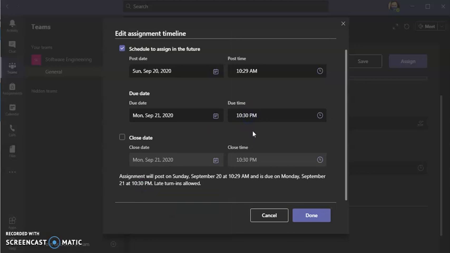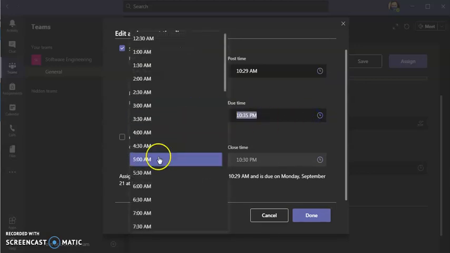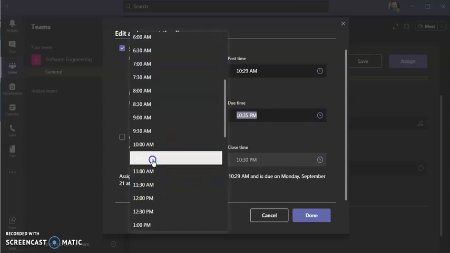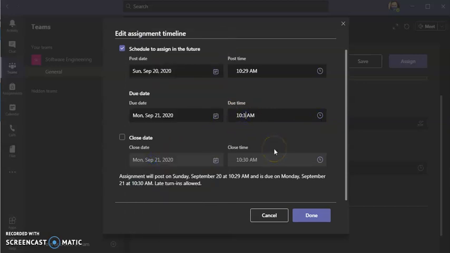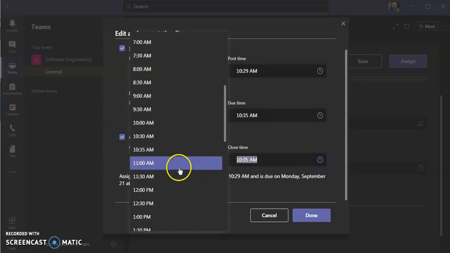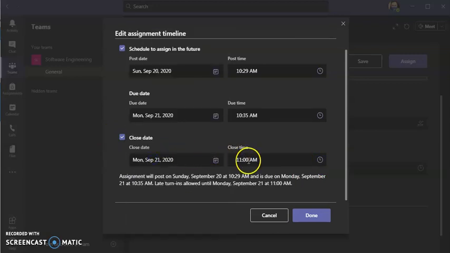So I give 10:35 a.m. So he has to answer this quiz in 5 minutes. For the close date, you can give some grace period for the student to answer the quiz. You can select 10:40. So these are the three options that you have.